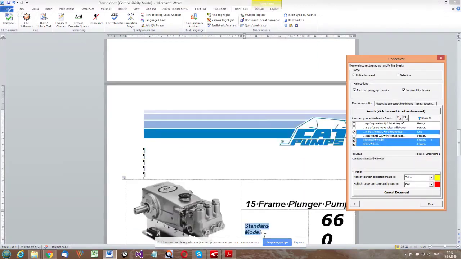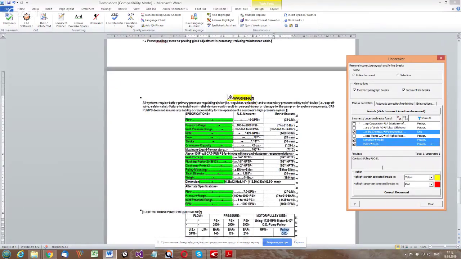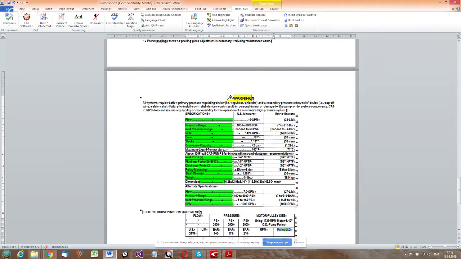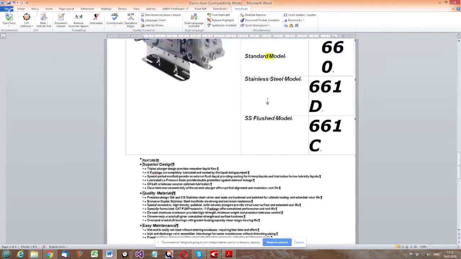I can see that here I need to remove the paragraph break because it is one sentence, and the pull outside diameter is also 2 paragraphs. I need to make them 1. So I select those 3 particular areas of the document where I need to remove a line break or a paragraph break, and I choose correct document at the bottom. So it has been fixed now. We have finished step number 6. We go to step number 7.